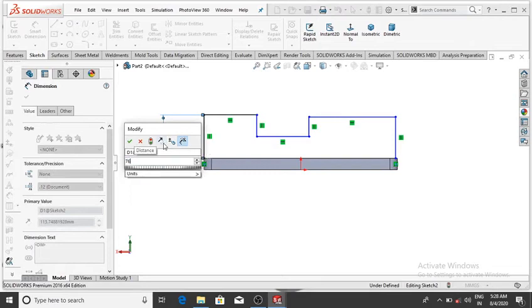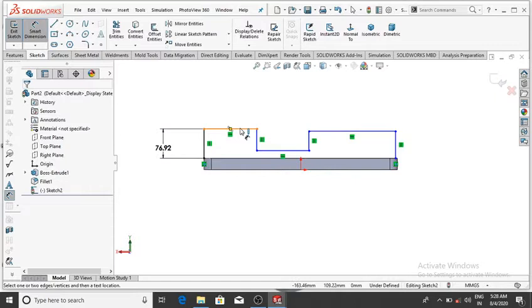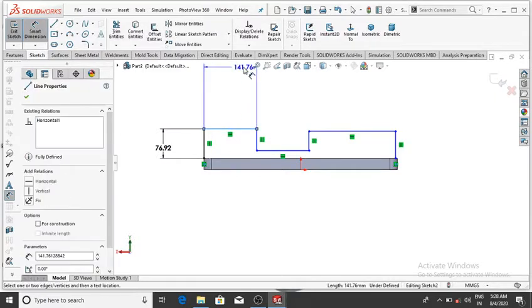So select 76.92, then OK, and this line will be